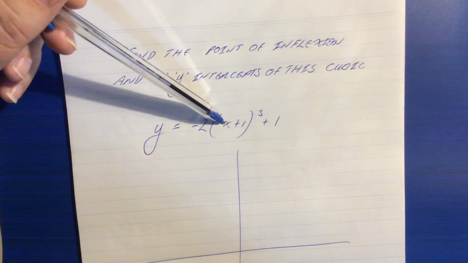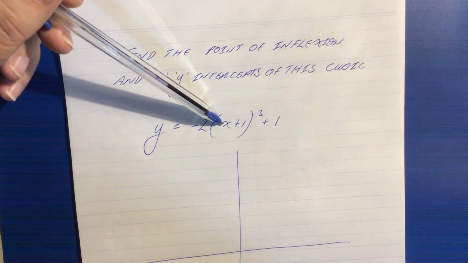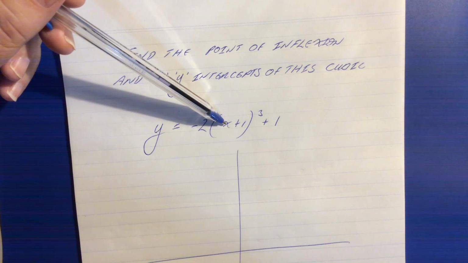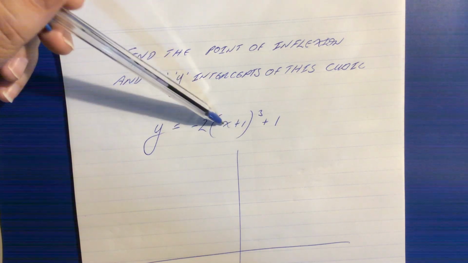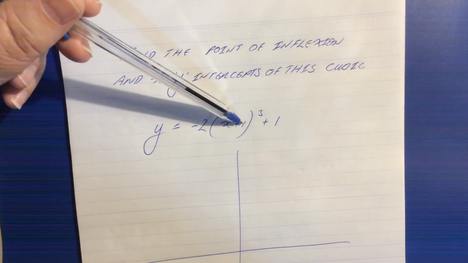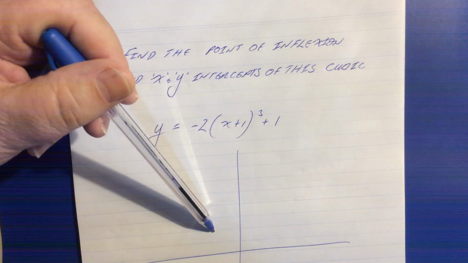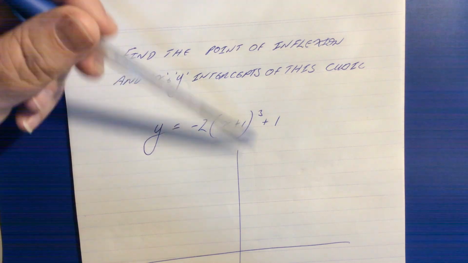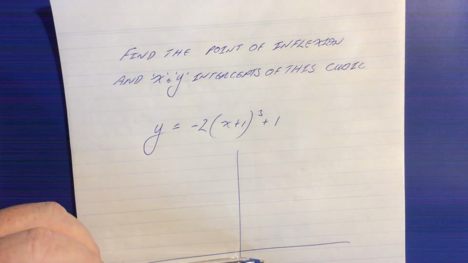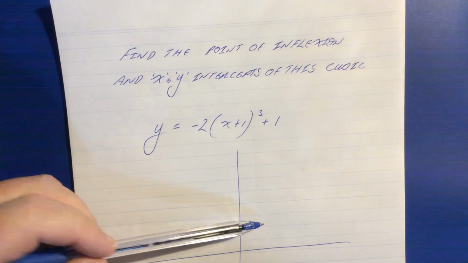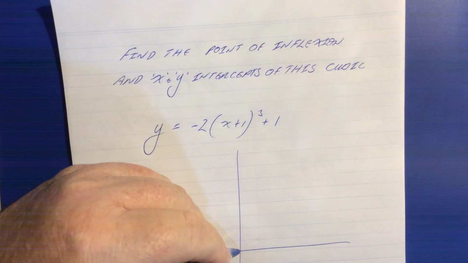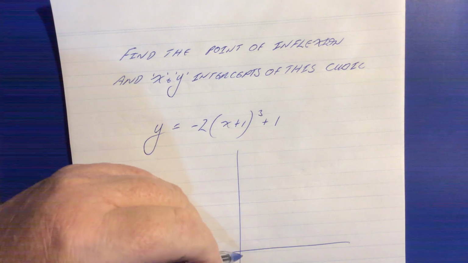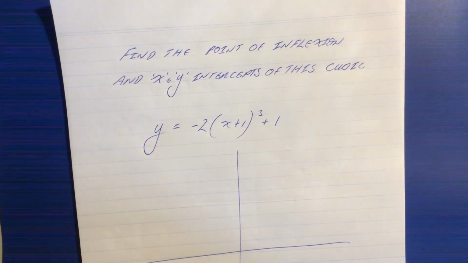This form of notation here indicates to us that there is a movement of this graph 1 unit in the negative direction of the x-axis, and this 1 unit in the direction of the y-axis. So if we were to start here at the origin and just assume that this